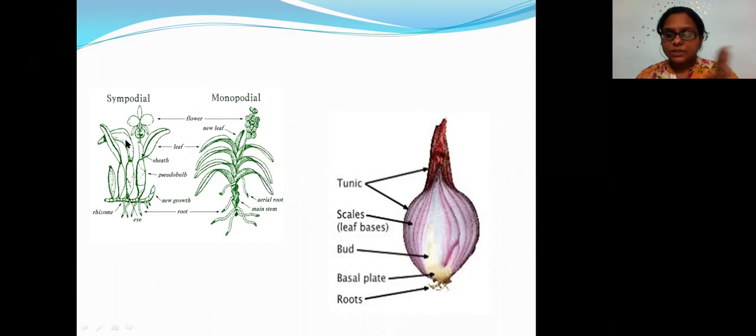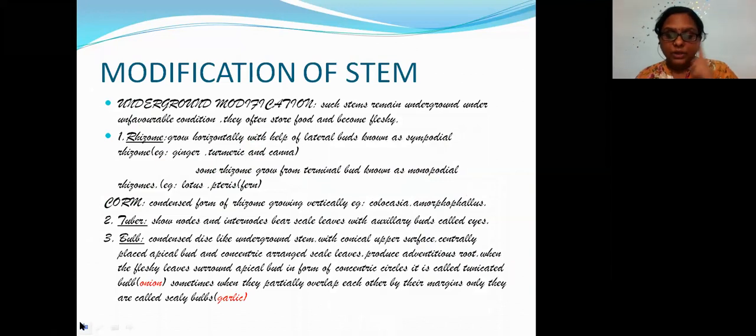Rhizome in your syllabus, it's just rhizome, and you don't have these two differences. So when they ask you in the MCQ, when it comes, you have to really go through it once, twice, whether they are asking for a terminal bud or whether they are asking for a lateral bud. Okay. That's the only main thing which you have to keep in your mind. So examples also vary in that way.